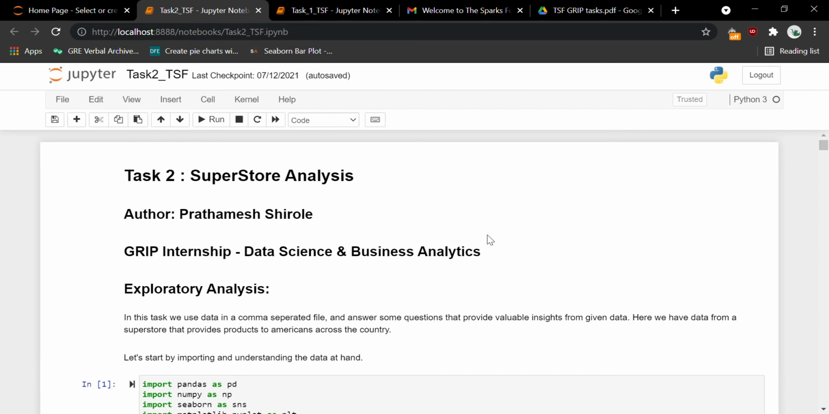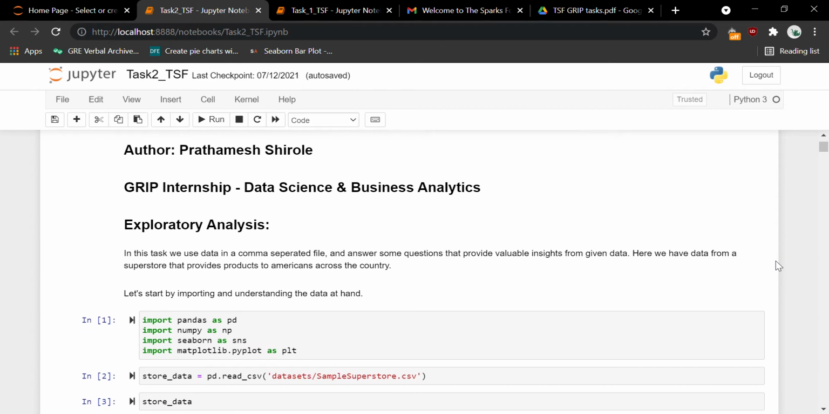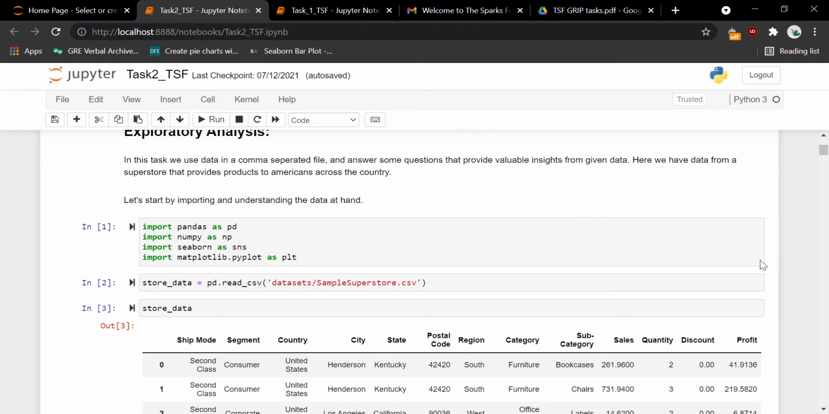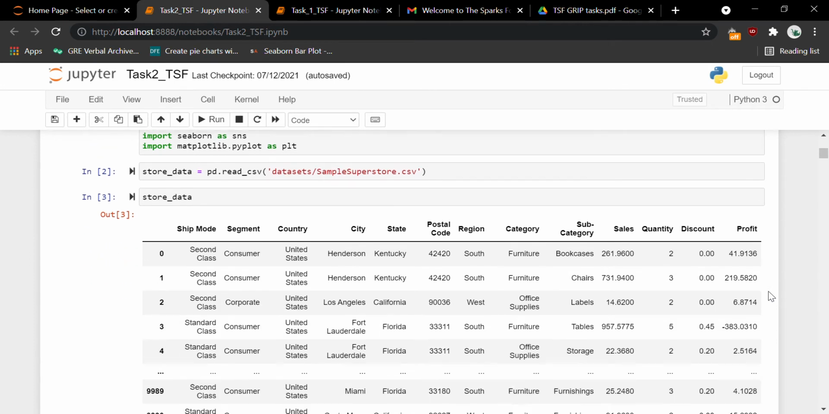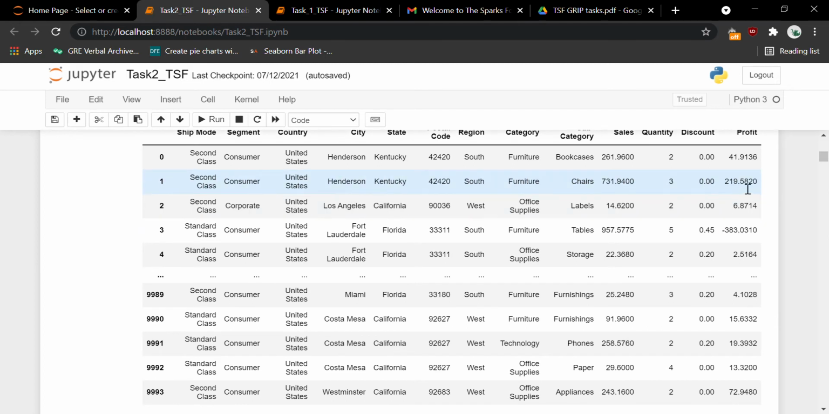Welcome to another exploratory analysis where we analyze Superstore in the US and we use multiple graphs to make valuable insights into this Superstore. So you can see it's a standard CSV file which we can open using the read CSV, and we see that each order has a ship mode, segment, country, city, state, region, category, subcategory, sales, discount and profit. So we can see roughly profit, sales, category and subcategory and region are the most important of the